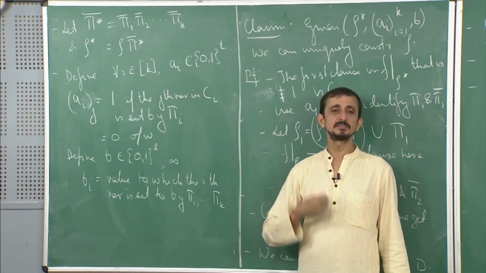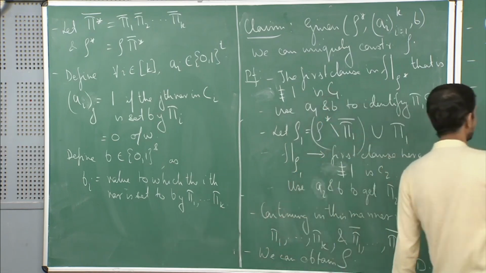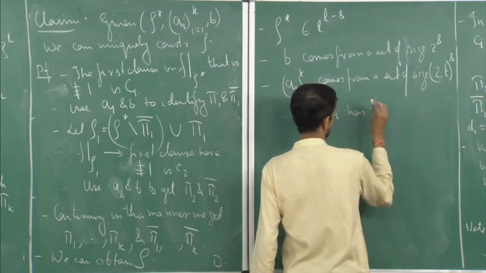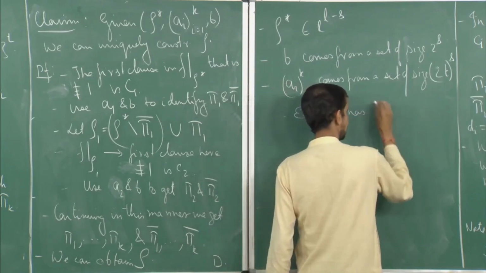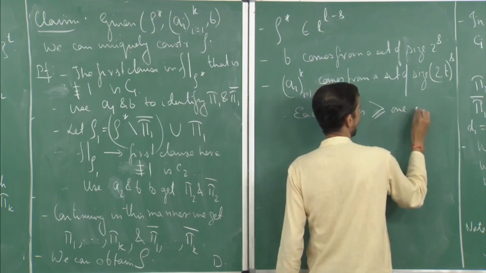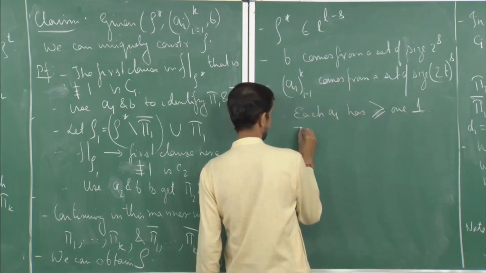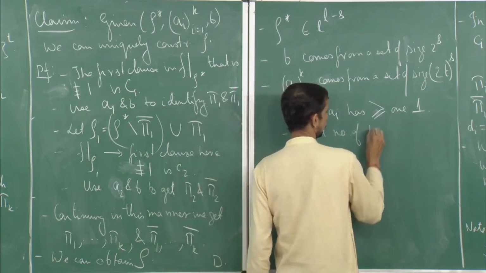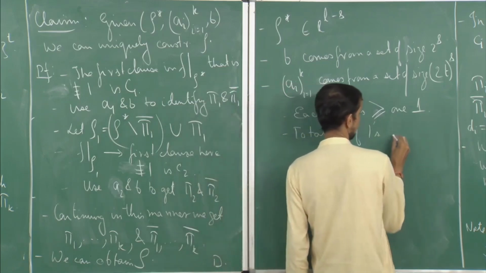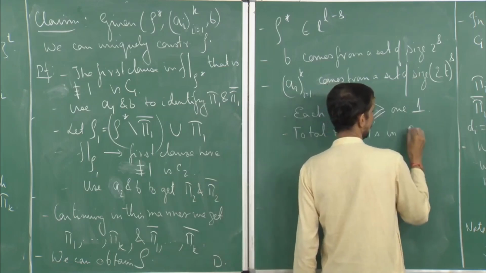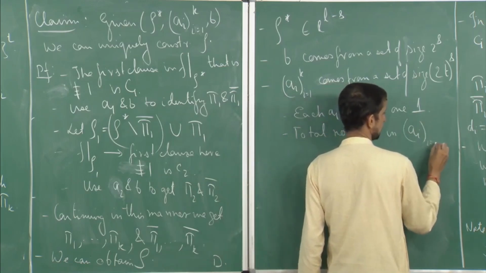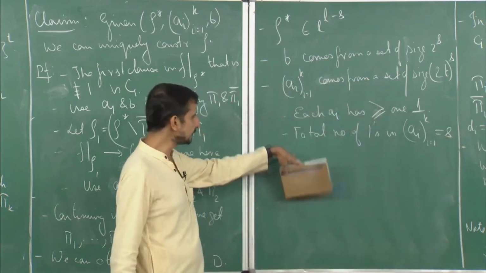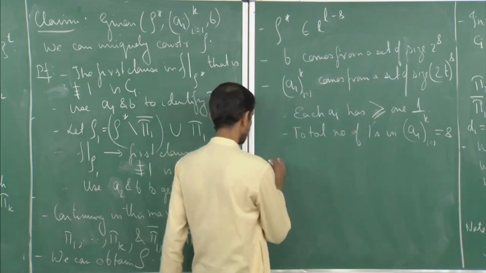S. The total number of variables that are getting restricted is S. Okay. So, each AI has at least one 1, and the total number of ones in all the AIs is equal to S. Now, using these two you can find out, so I will just leave this